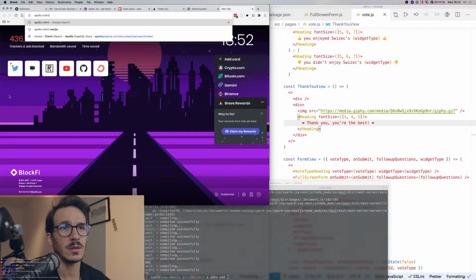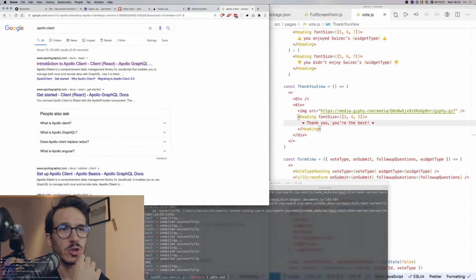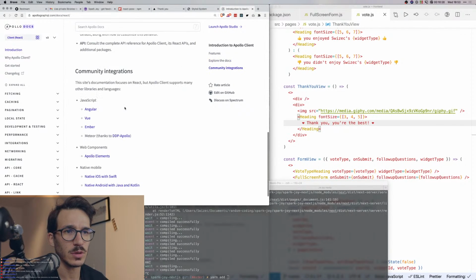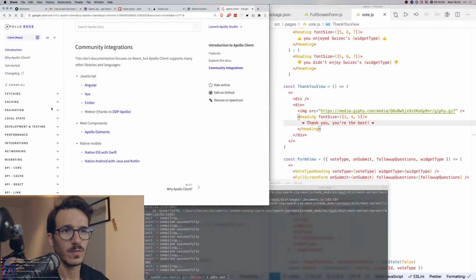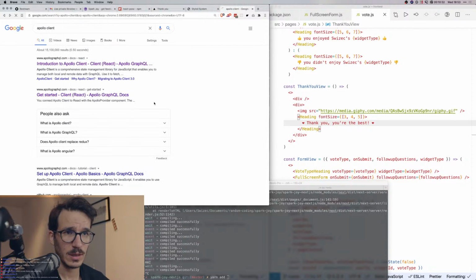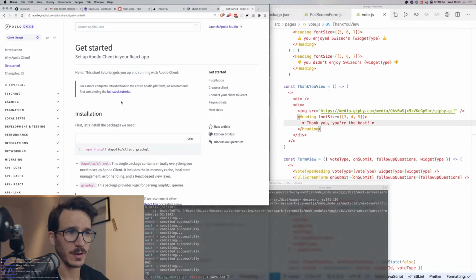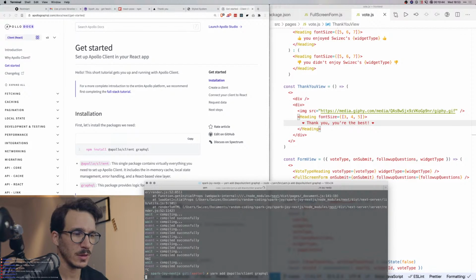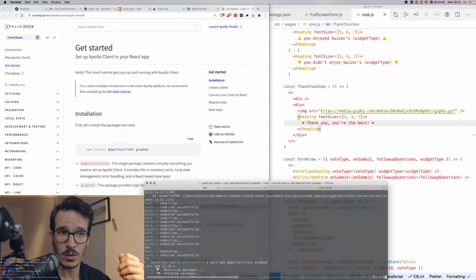Apollo client. Just want to make sure that I have the right quick start in my mind. Explore the docs. Get started. Client React. Perfect. Yarn add @apollo/client graphql. So we're now installing the Apollo client, which I think we should be able to use on the